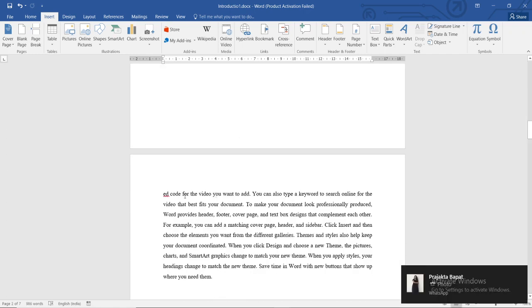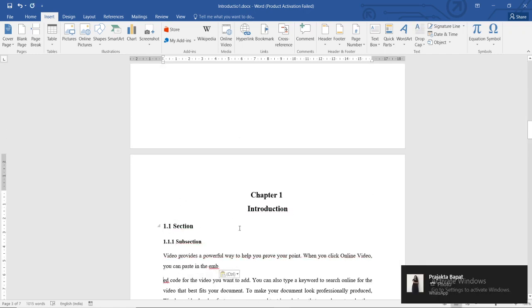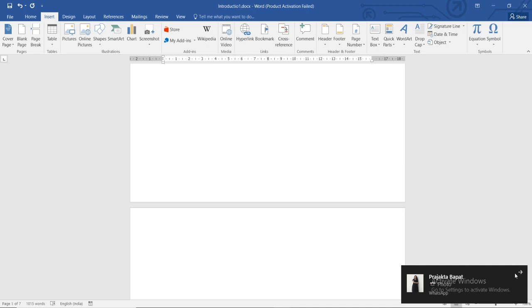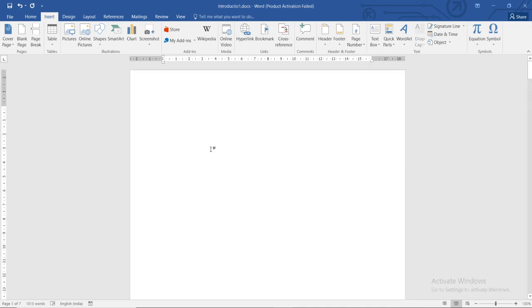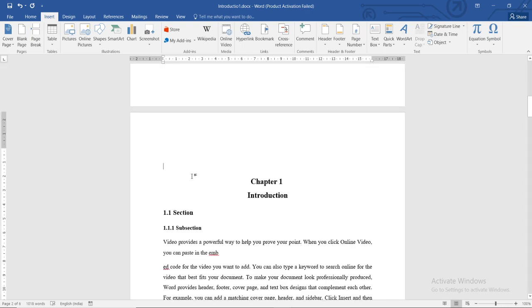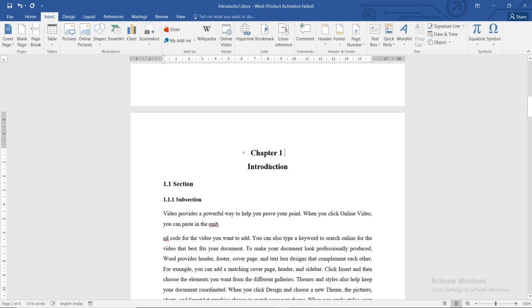So we have some margins at the top. Let's say this is the table of contents. It has some margin from the top. Then I will delete this, and I want a separate margin for the chapter.